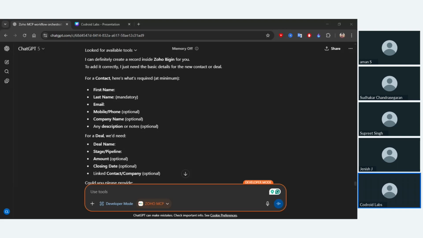I also share my MCP, so exactly how they are working. In the previous slide, we mentioned how you can integrate MCP with your ChatGPT.